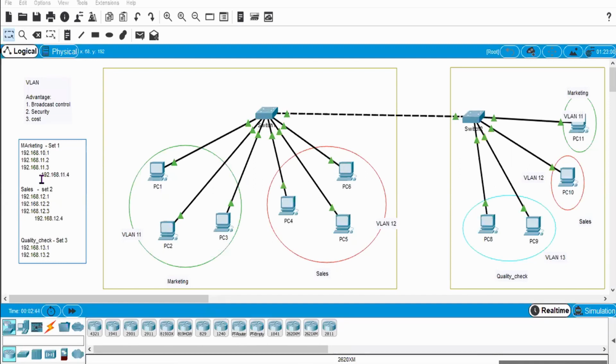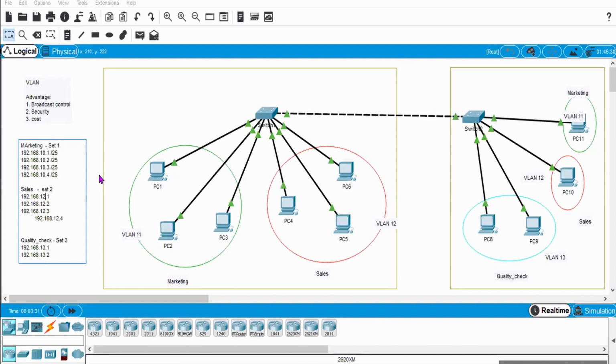My first set is 192.168.10.1 for marketing, 192.168.10.2 for the second end device of marketing, 10.3, and one more, 192.168.10.4, for the second building.